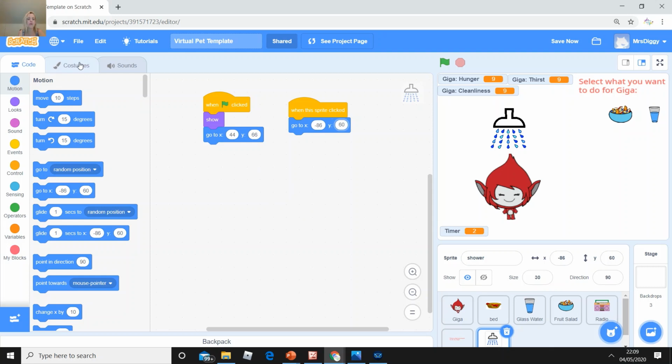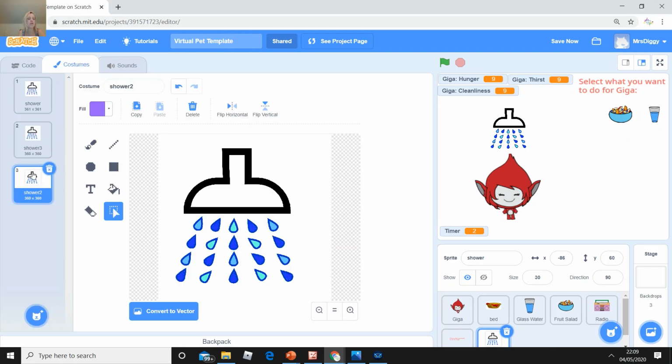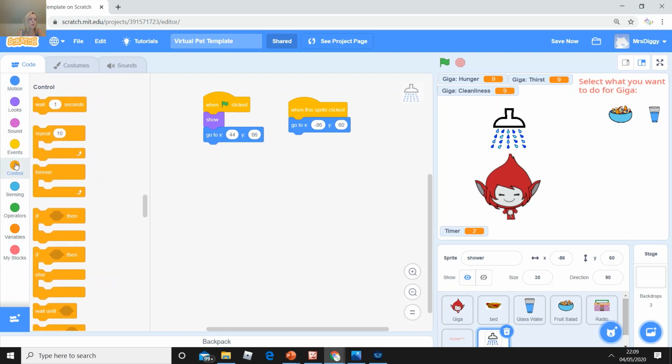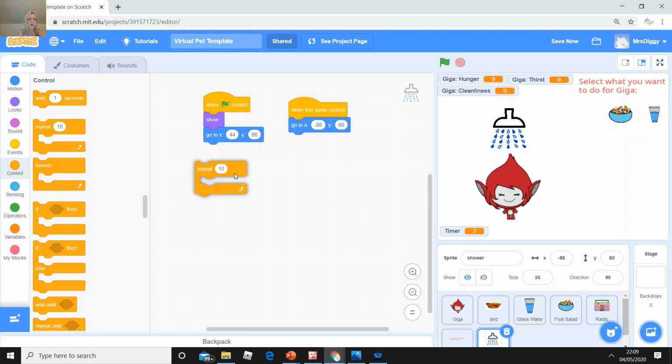Let's look at the shower's costumes. You'll remember at the beginning I showed you the different costumes. This shower, and I just did this shower as well, but you can just use 2 of them. It's up to you, or you can use all 3. So if I go back to code, what you can do is say control, and we're going to repeat some costume changes. So let's go to looks